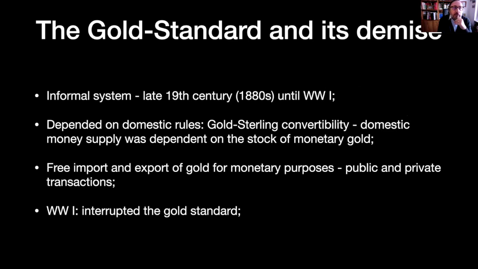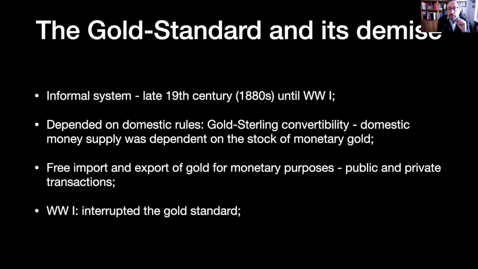Now, although it was called the gold standard, it was not an international standard. There was no international agreement establishing the gold standard. The basis for the gold standard was really the domestic rules of the central countries in the system, like the United Kingdom. So gold was convertible to UK pound sterling, but that was because of the domestic economic policy